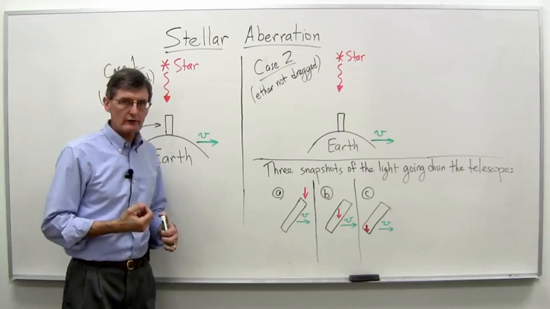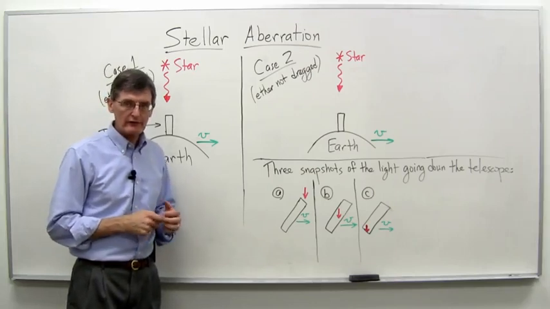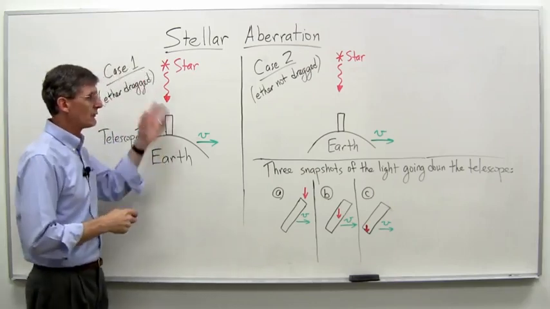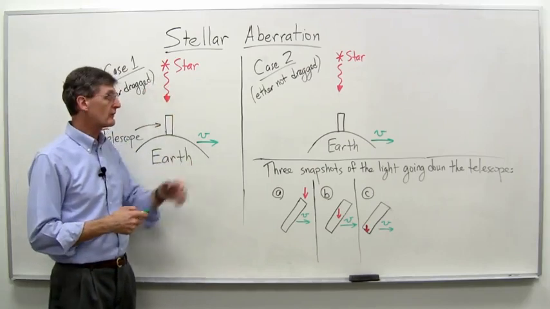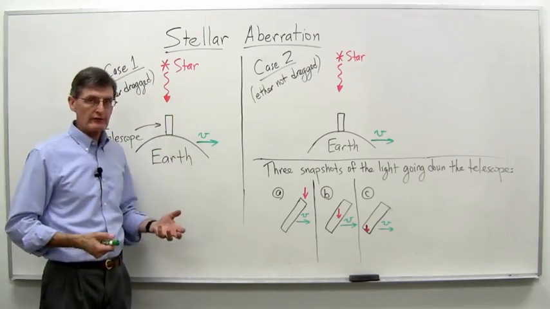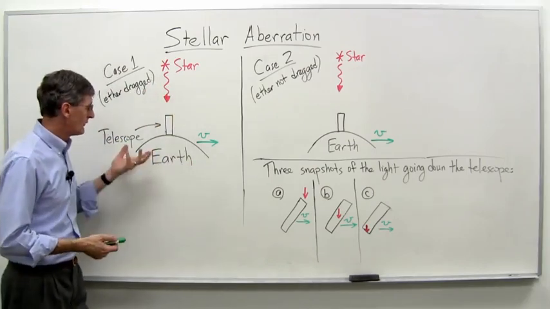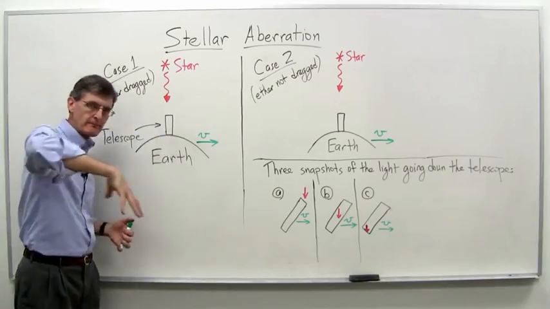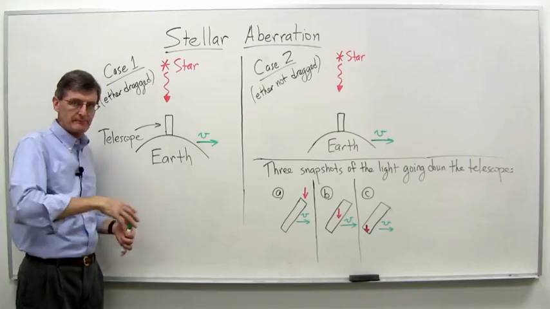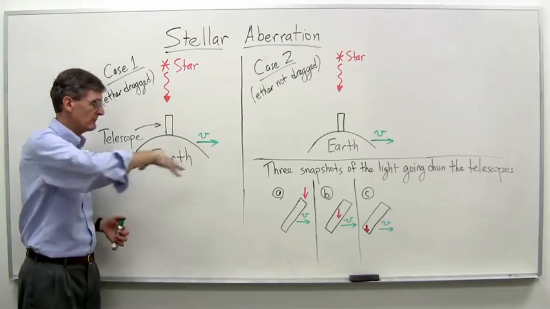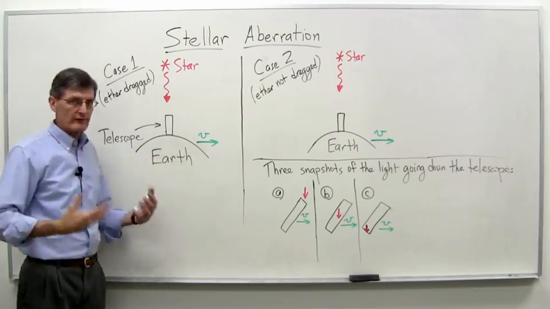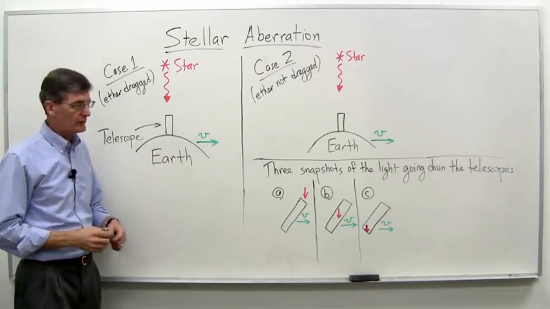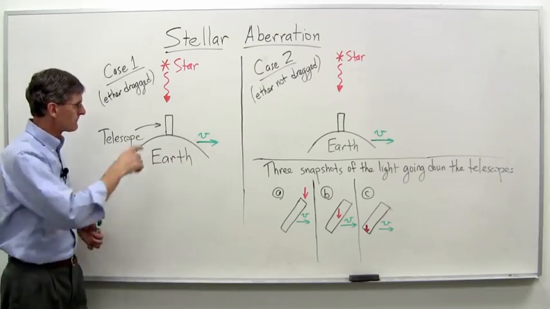But there were other experimental results that argued against that possibility. And the one we want to talk about is called stellar aberration. Here's the basic idea. We have two cases. The first case is with the Earth moving around the sun, okay, with some velocity v, about 30,000 meters per second actually is what it is. So a fairly large velocity, although fairly small compared to the speed of light.